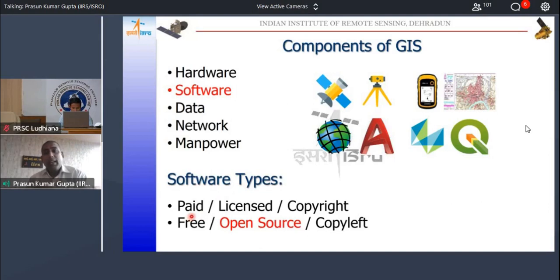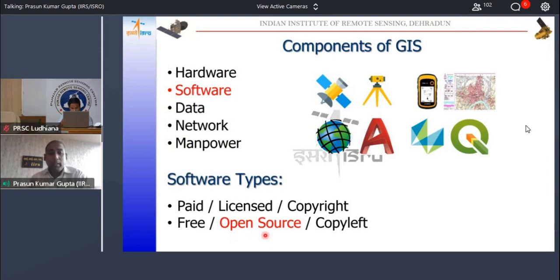The first primary categorization is that there are some softwares which you pay for, and some softwares which are free. The paid softwares are normally licensed, as in you have to purchase a license from some company to use that software.